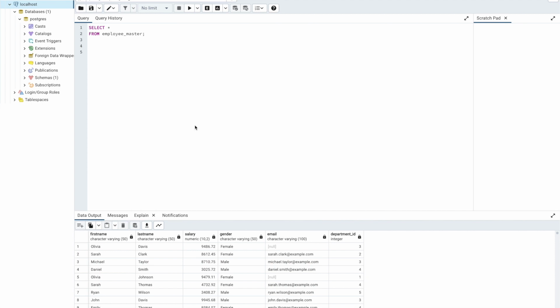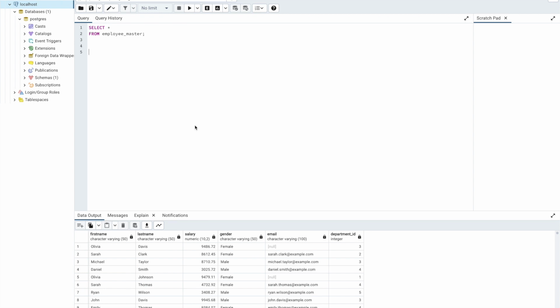Hello everyone. In this section we are going to see about subqueries. Subqueries are also known as inner queries or nested queries, and they are usually embedded within another query. Subqueries are enclosed within parentheses and can be used in various parts of a query such as the select, from, over and having clauses. These subqueries allow us to break down a complex problem into smaller parts, which improves the